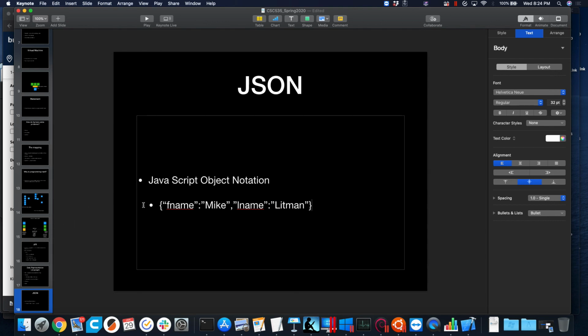Technically, if I want to make these equal, I would call these first name and last name, something like that. That's the JSON version of that same piece of information.